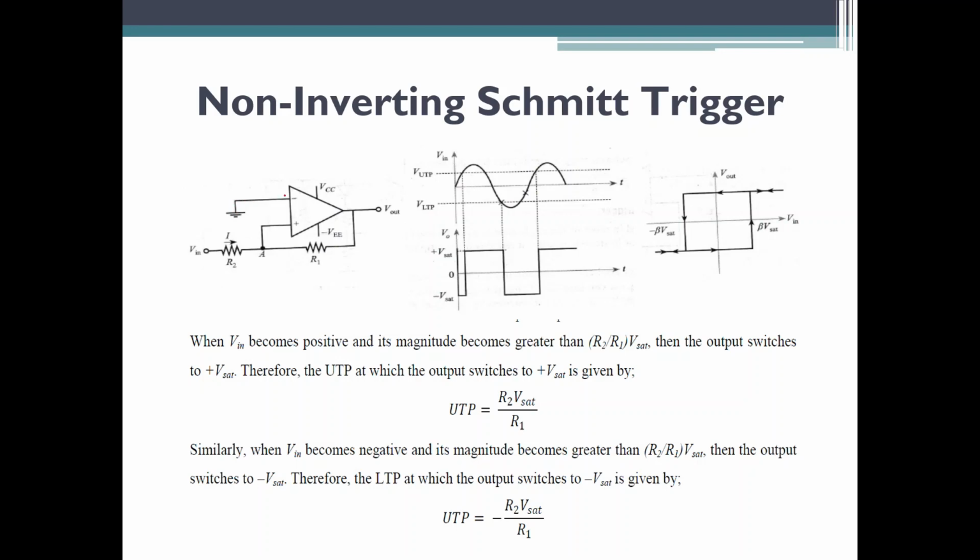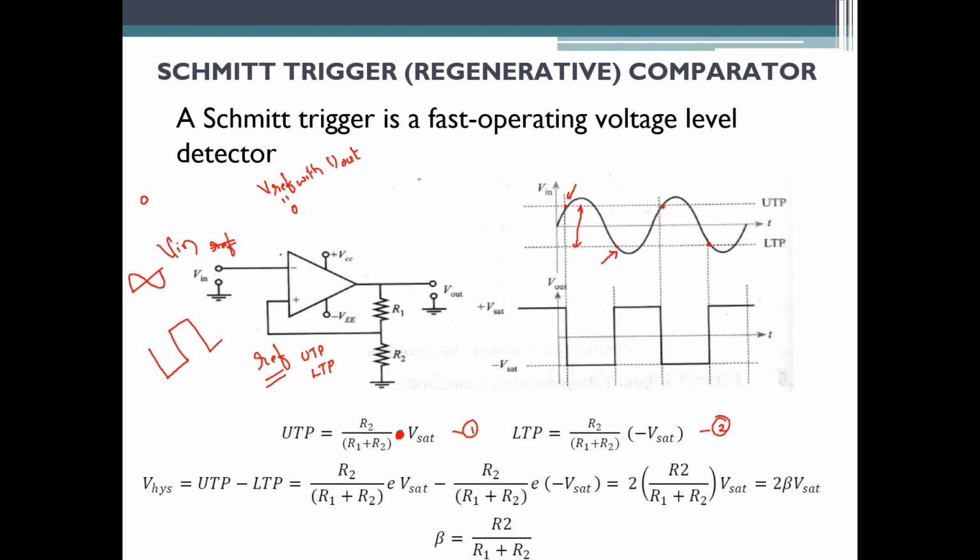So the non-inverting terminal is given the input voltage, and the reference voltage is also given to the non-inverting terminal only. The inverting terminal is permanently grounded here. You can see it here. In the previous circuit, I used to give the input voltage to the inverting terminal and the reference voltage was given to the non-inverting terminal.